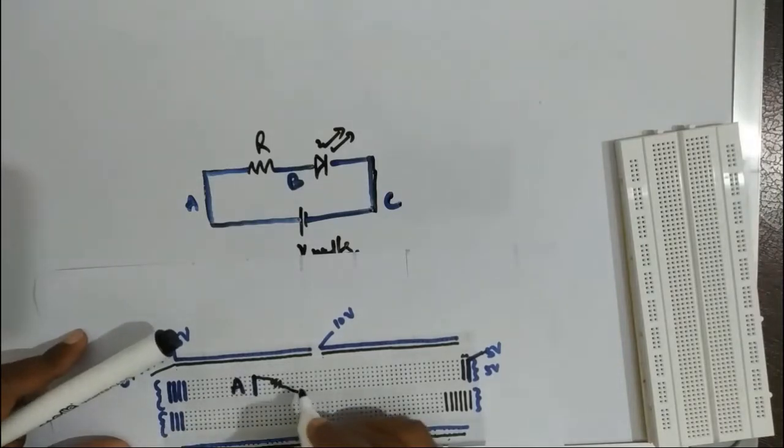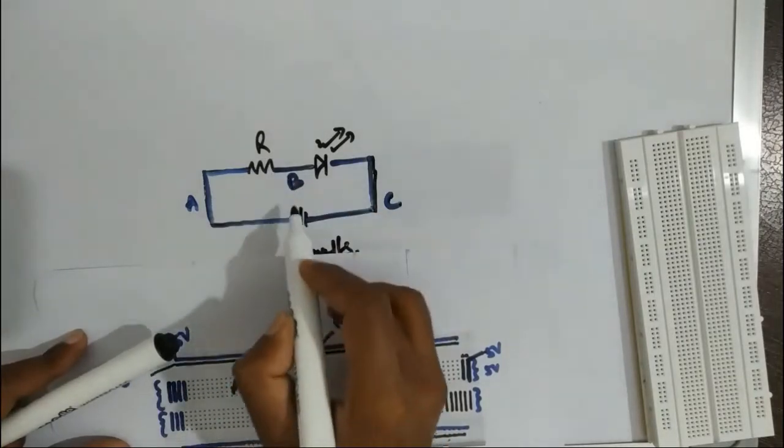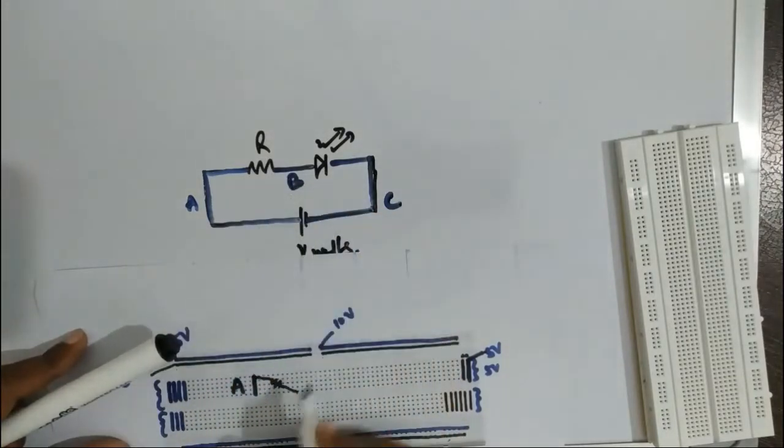Now the other end of the resistor is connected with the diode. Suppose the one end we have connected to A over here, and this point we make B, and we connect